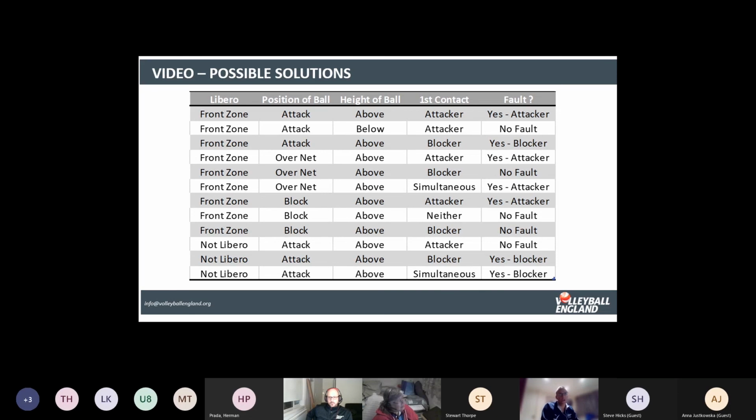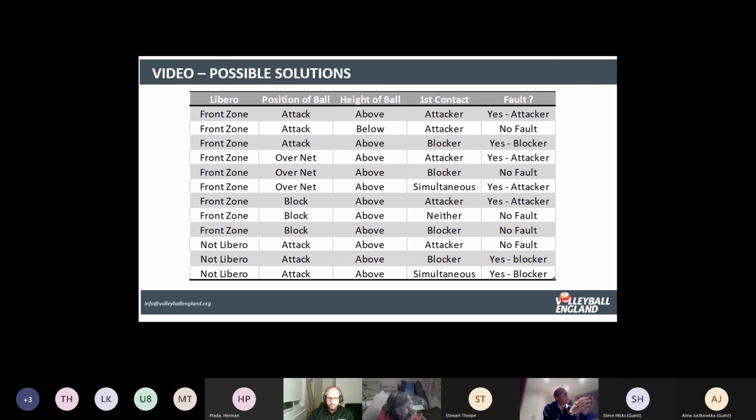Now, there will be times when you're not sure whether it was a back row player or not, and you may call it a bit late. So you may not call it as soon as the ball crosses the plane of the net or the block contacts it. You may call it maybe a few contacts later. But you've got the right decision. So in this situation, be aware of it, use the information that you've got from your colleague, your second referee, or if you're second referee, you can look to your first referee to say, well, did you see that? All right, okay, I'm going to call it. Okay. So those are the